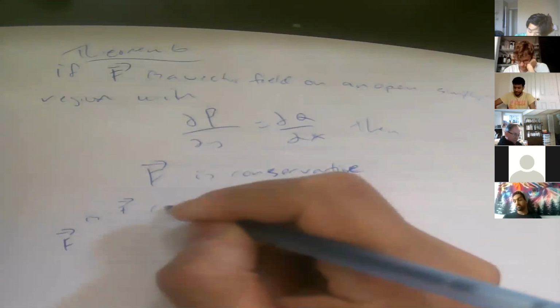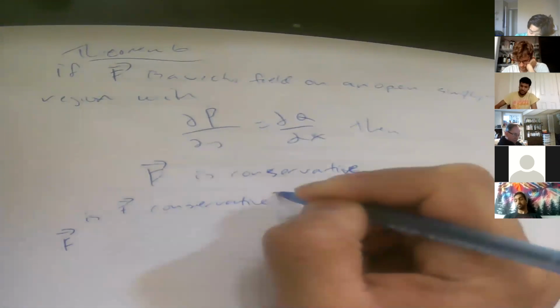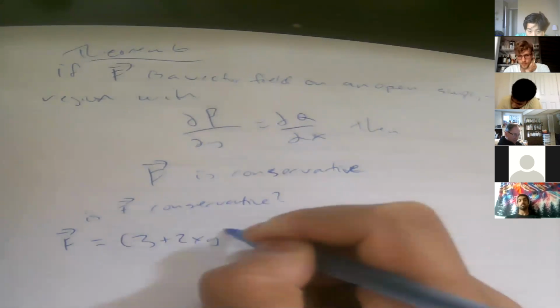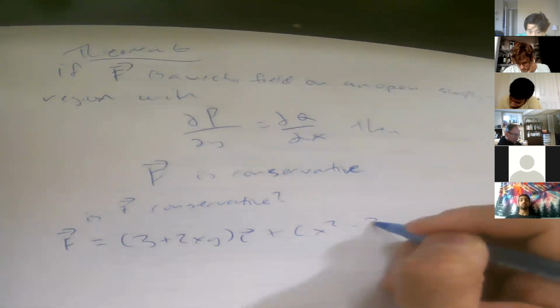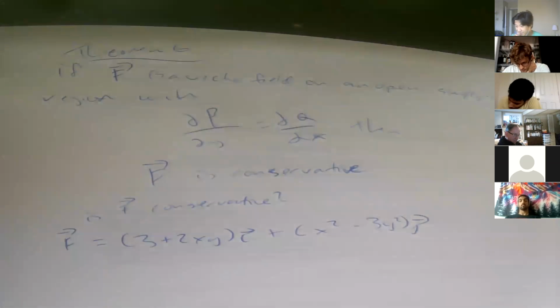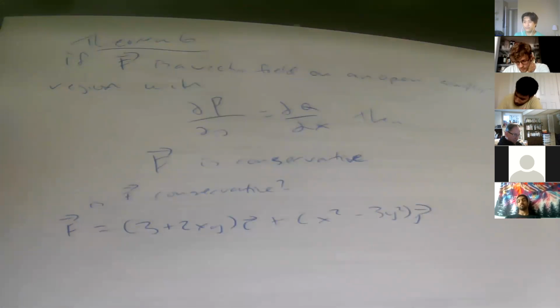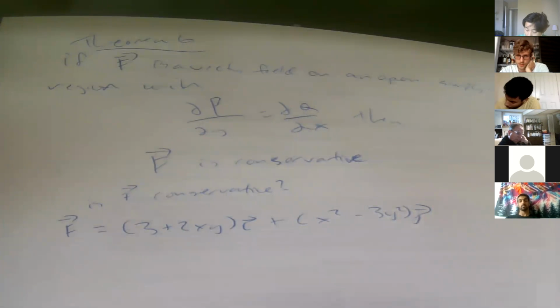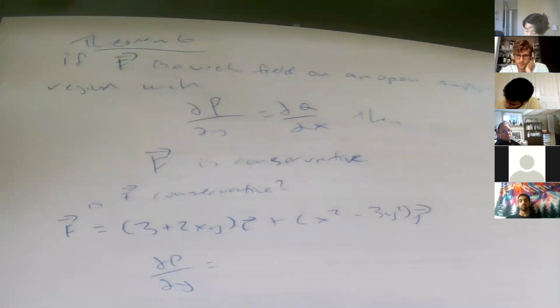Is F conservative? Well, F is (3 plus 2xy) i plus (x squared plus 3y squared) j. Is F conservative? Let's try to use theorem 6. What do we need to check? If the first one is P and the second one is Q, then we take the first one with respect to y. So what happens when we take the derivative of P with respect to y? dP/dy is